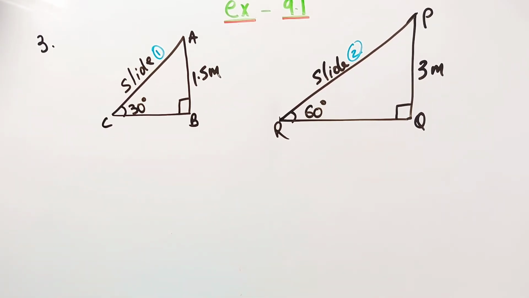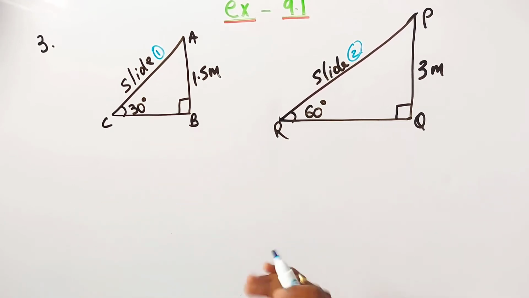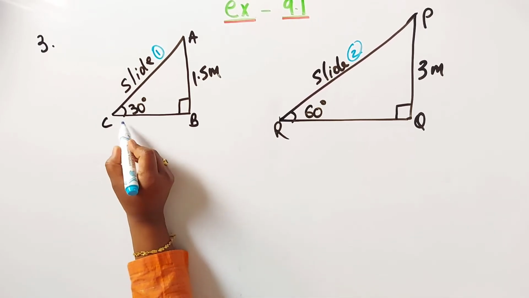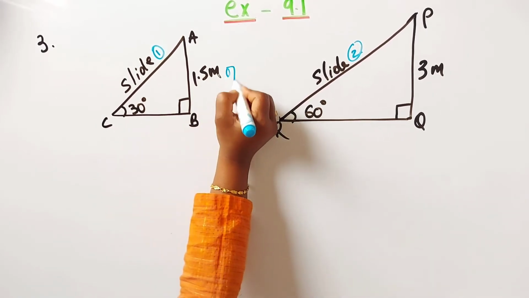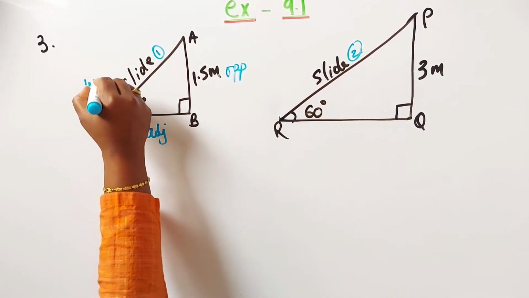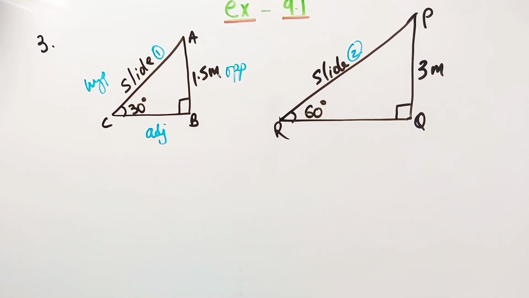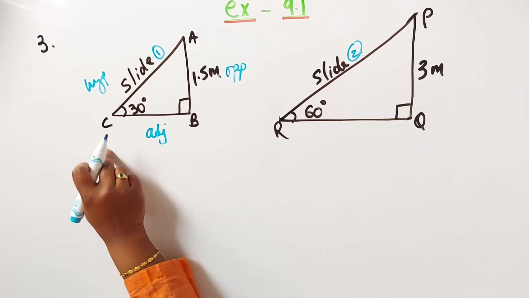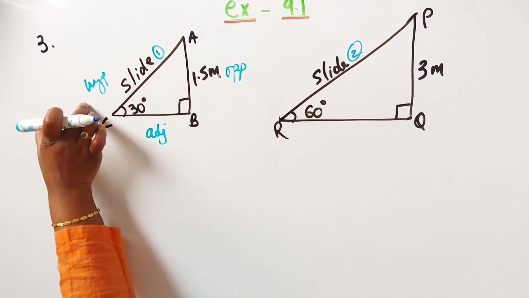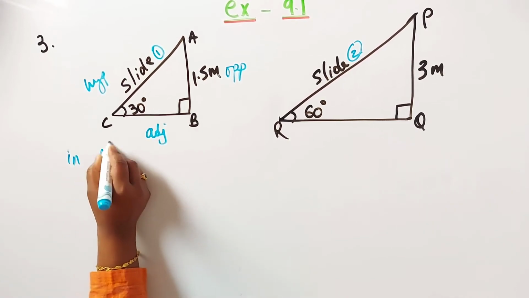Here the main thing is to understand the question and we have to draw the picture properly. After that it is very easy children. Now first see slide 1. This is the angle 30 degrees. So this will be opposite and this is adjacent and this is hypotenuse here. First we will find out for slide 1. So here we can use sine 30 degrees because opposite we know and we have to find out the hypotenuse. So in triangle ABC,